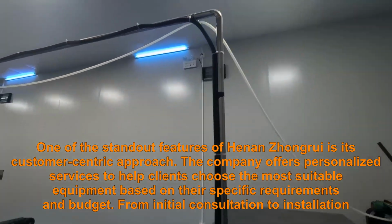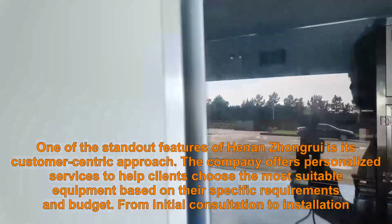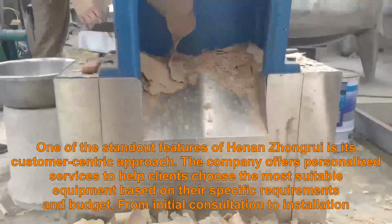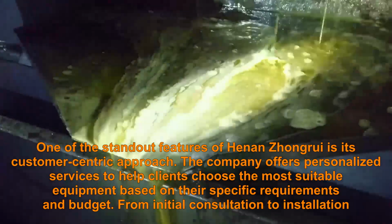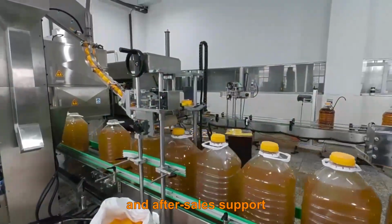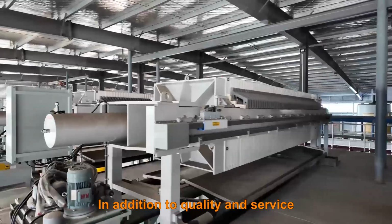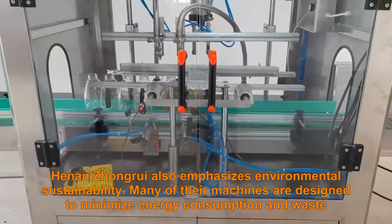One of the standout features of Henan Zhongrui is its customer-centric approach. The company offers personalized services to help clients choose the most suitable equipment based on their specific requirements and budget, from initial consultation to installation, training, and after-sales support. In addition to quality and service, Henan Zhongrui also emphasizes environmental